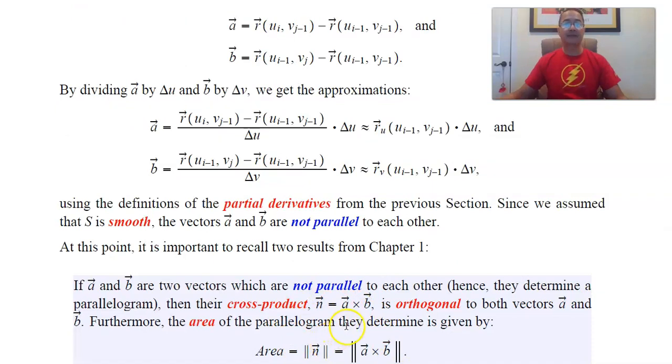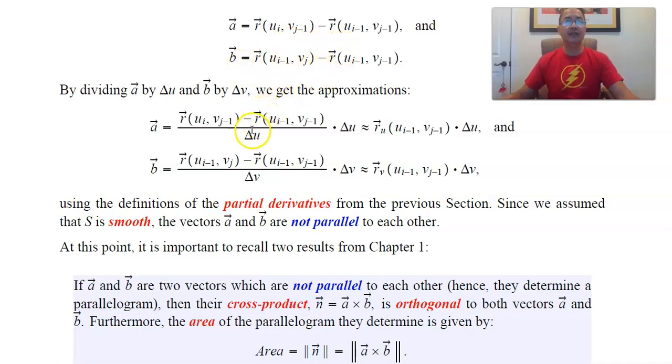All right, so here's that principle. We have two vectors. The area of the parallelogram they determine is the magnitude of the cross product. So who are these two vectors? We're connecting corners on this subpatch. This is the lower left corner. It is adjacent to this neighbor and also to this neighbor. So we form the vector connecting these two points and these two points. We have A and B,